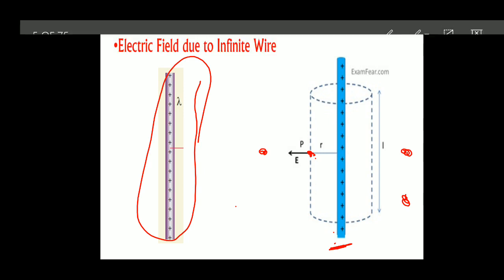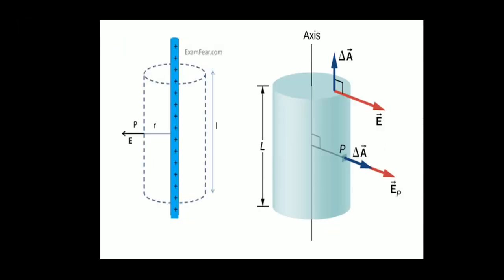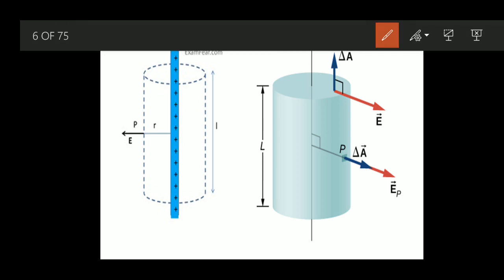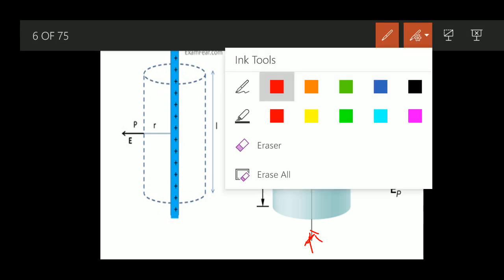Shall we proceed? So, how to go ahead with the same diagram. The first thing in the application of Gauss law is that you have to draw a symmetrical Gaussian surface. Now the same wire, the blue color wire, is represented here like this. Can you see, children? This is the way it is represented.